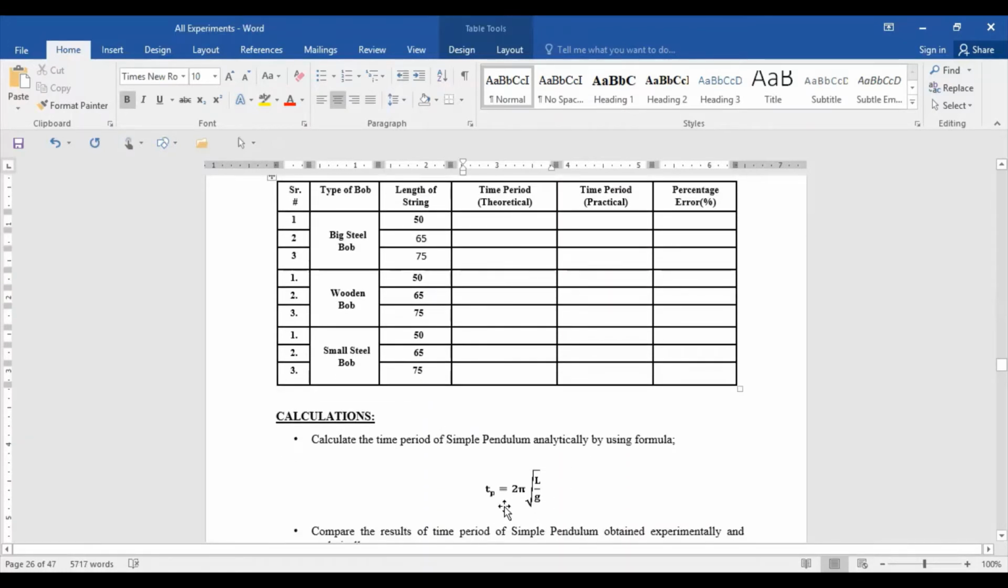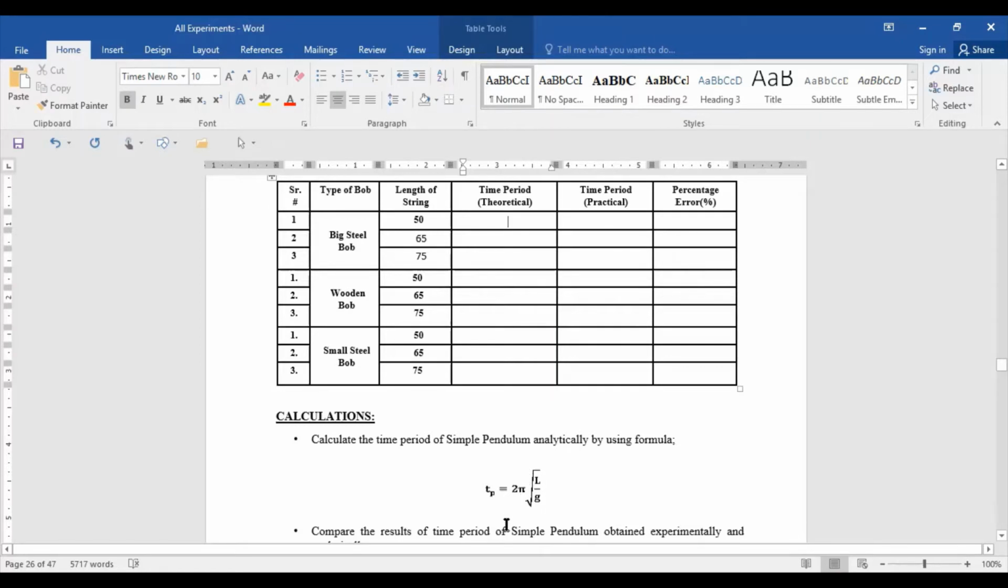From time period equals 2π under root L over g. So whenever the length is changed, your value will be different. So time period theoretically comes out different for different lengths. So what you have to do, and keep one more thing in mind, whatever we are calculating for time period